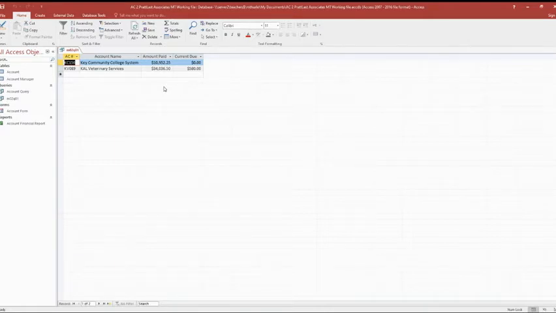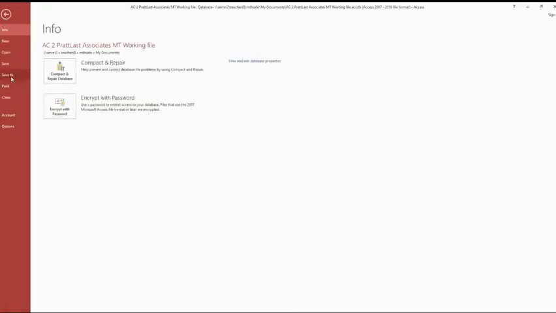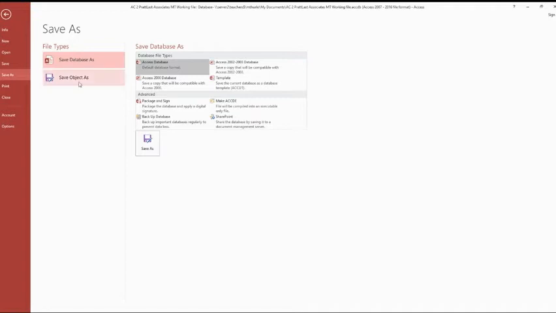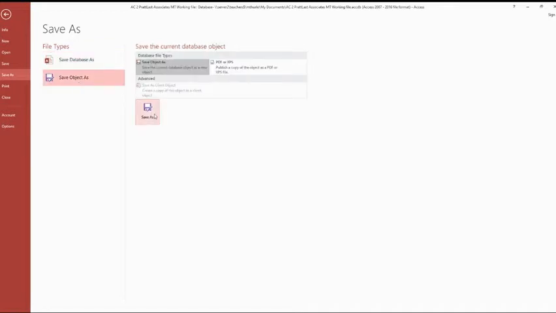Okay, this time I cannot just hit the regular save button. I have to do Save As. So I'm going to go File, Save As. This time I'm going to do Save Object As, Save As. And it's going to ask me what I want to name this one. I'm going to name this one